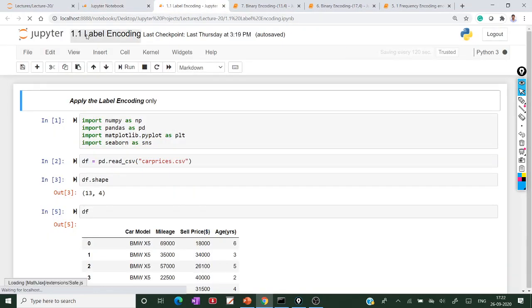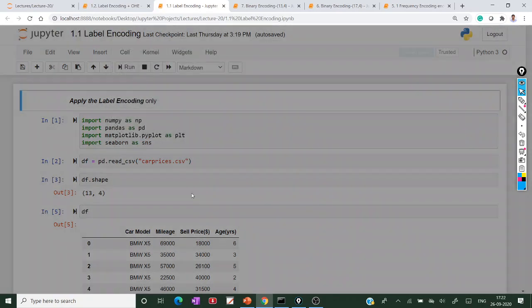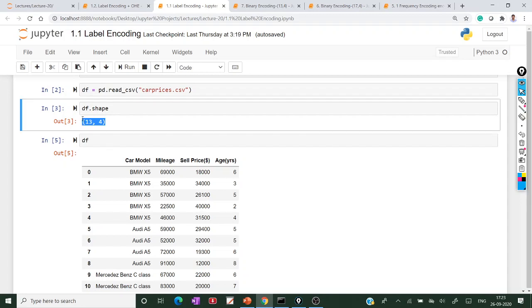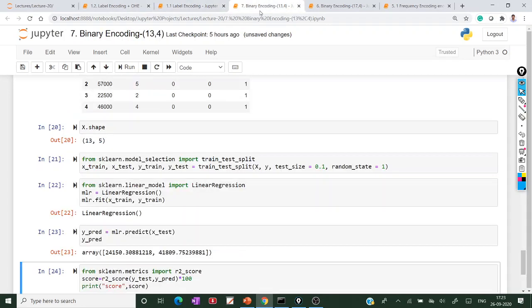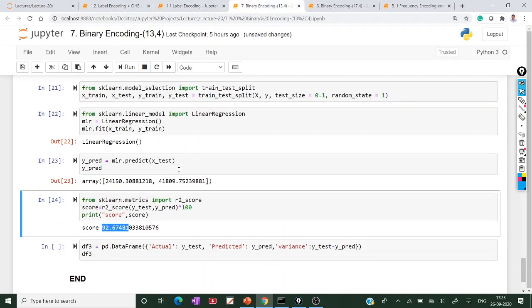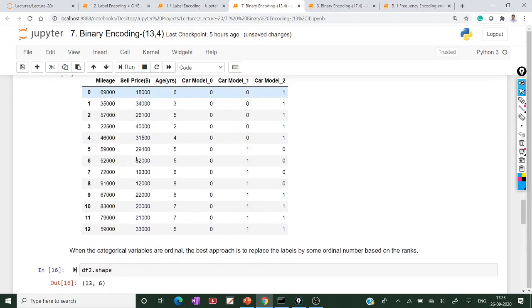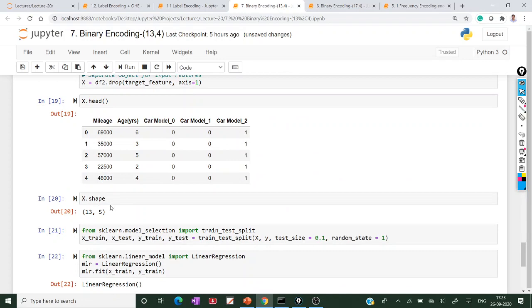Here I am applying the label encoder. With the label encoder, I am taking the same data set, 13 rows, 4 columns. Here also I am taking 13 rows, 4 columns.